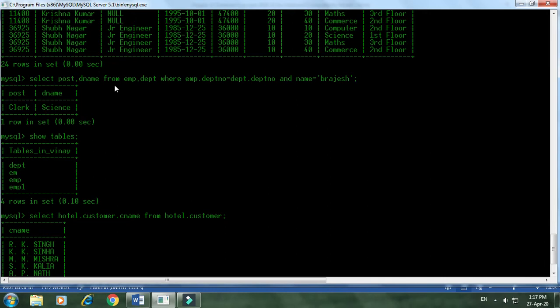Select post comma dname from emp comma department where emp dot department number equal to, here you can see the equal to sign, and this shows the equijoin condition. So the joining done on the basis of equality of a column is known as an equijoin.